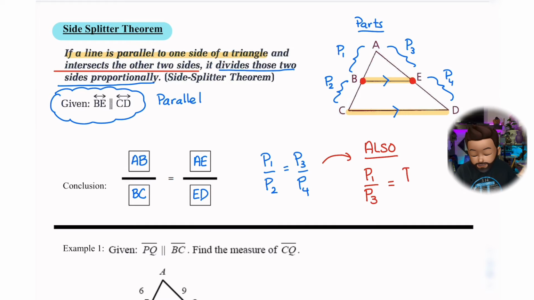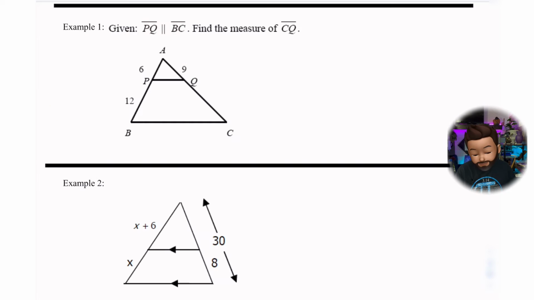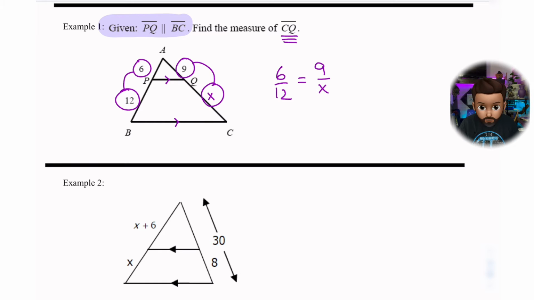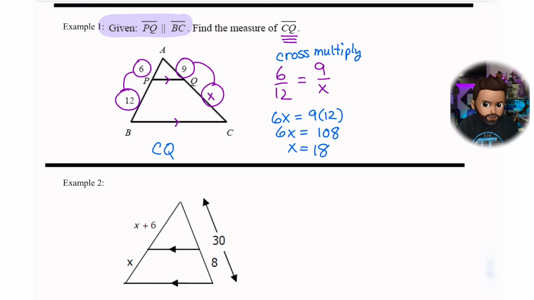The two sides on the left, if we make a ratio out of them, and the two parts on the right, if we make a ratio out of them, will be equal in this side splitter theorem. So to apply this, let's take a look at a sample problem where we have to find a missing side, which I've labeled X, and just matching these quickly, these corresponding parts, because we have parallel lines, we can make a proportion, cross-multiply it, and solve pretty rapidly. So these problems are not calculationally challenging. They are conceptually challenging for